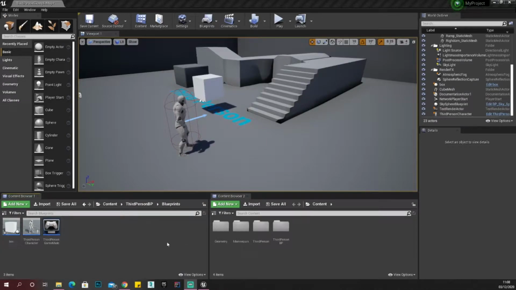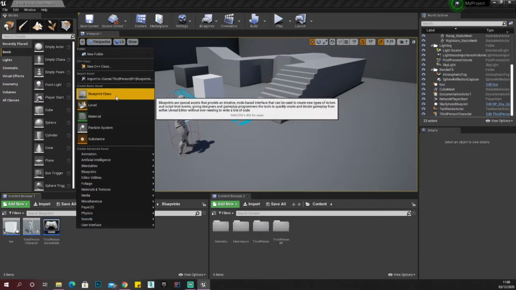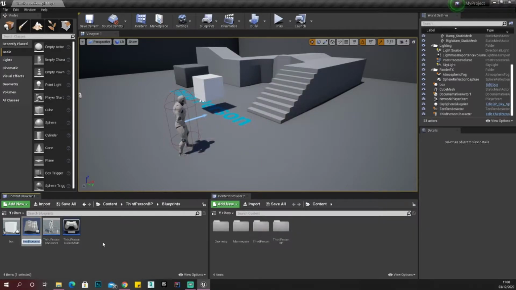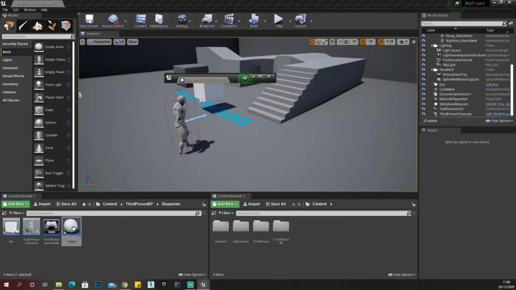Alright guys, so what I'm going to do is go over the different kinds of starting events that you can use. If we create a new blueprint, let's just do actor. Let's call it trigger. I'm going to show you just how to use a trigger box. If you walk into it, it activates something. So if we open this up,